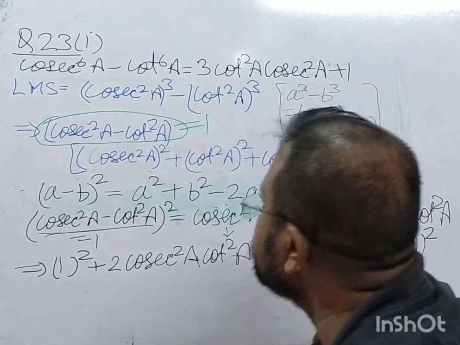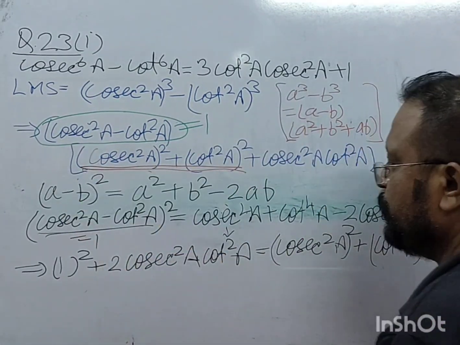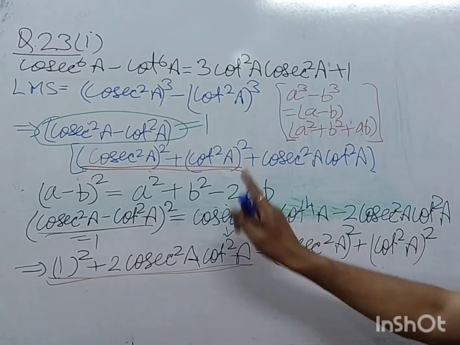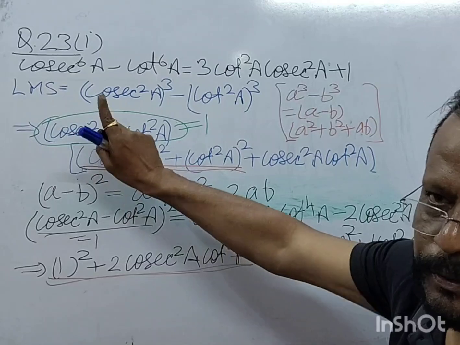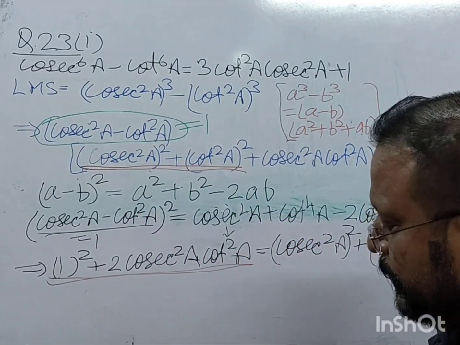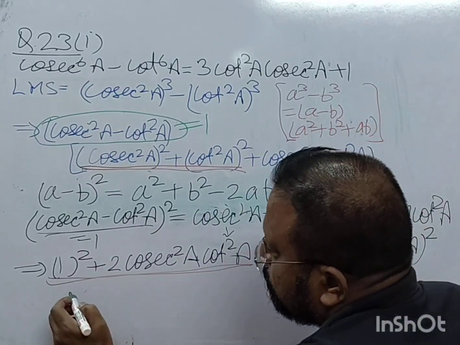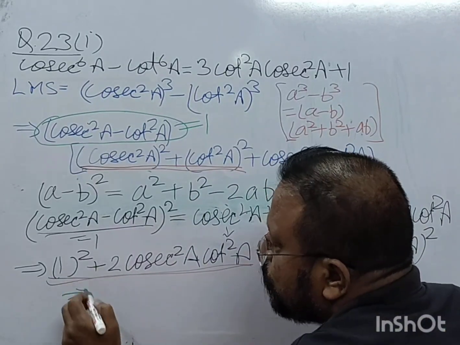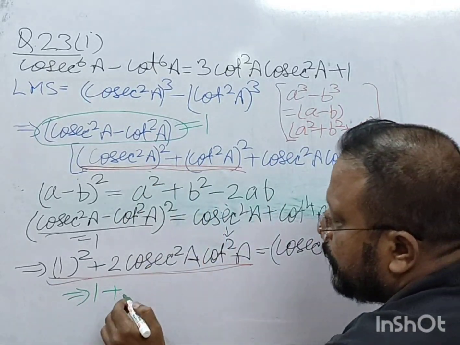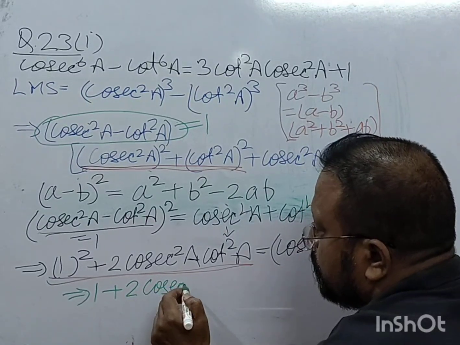In place of this, you can write this, right? So this is equal to 1, so no issue. Now you can write 1 square plus, in place of this, you write here 2 cosec square a